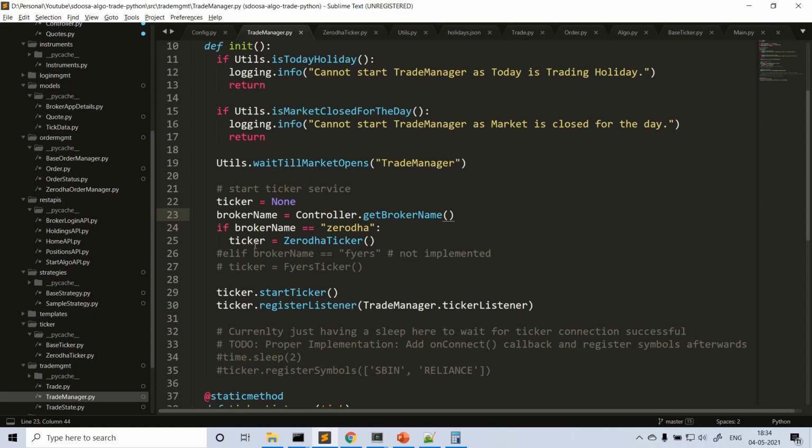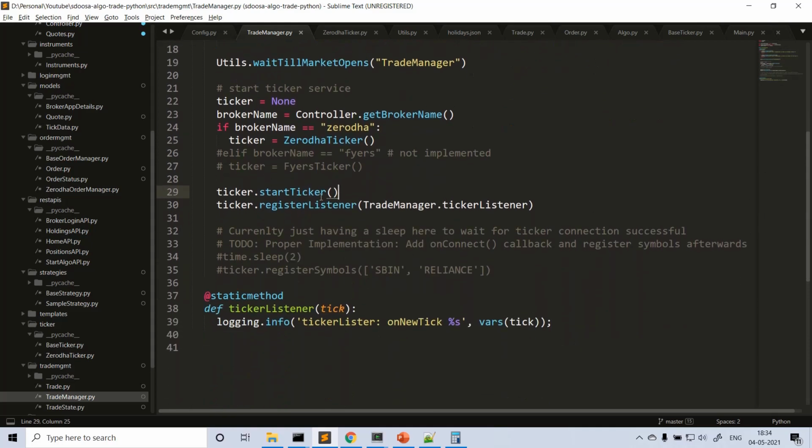If the broker is Zerodha, then we create an instance of Zerodha ticker, else another broker. Whichever broker it is doesn't matter. Here you call the ticker instance and then start ticker, because the way I implemented it is using object-oriented programming principles. We have some base ticker, then derived classes like Zerodha ticker and 5Paisa ticker, which I explained in the previous video. You can go to the previous video for all this explanation. We're just starting the ticker. When you call this function, this will start in a separate thread, so that this particular thread won't be blocked, right?